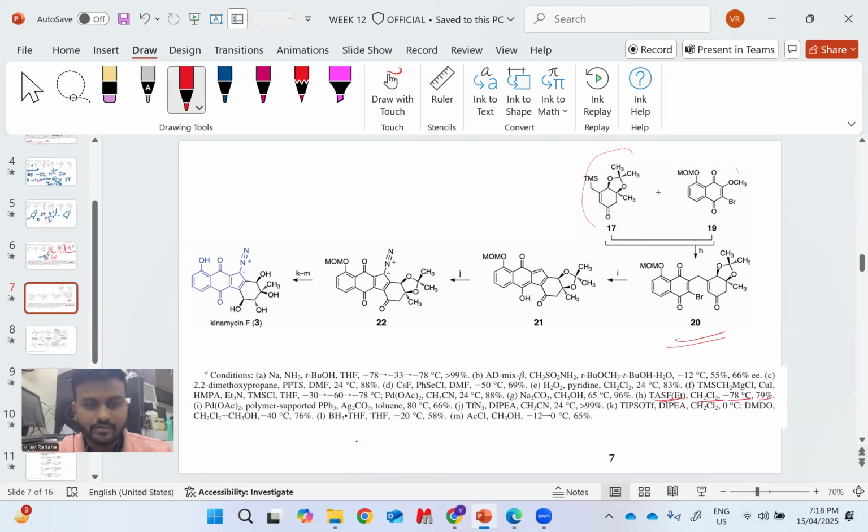It gives an 89% yield of this. And this TASF is the reagent used to deprotect this TMS, and once this nucleophile is formed here,